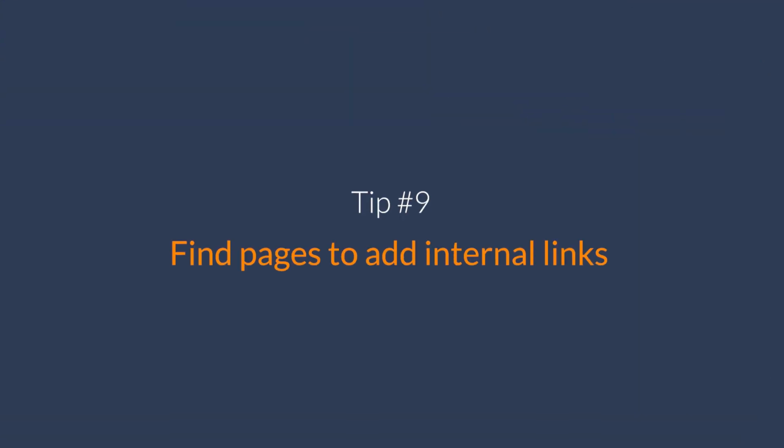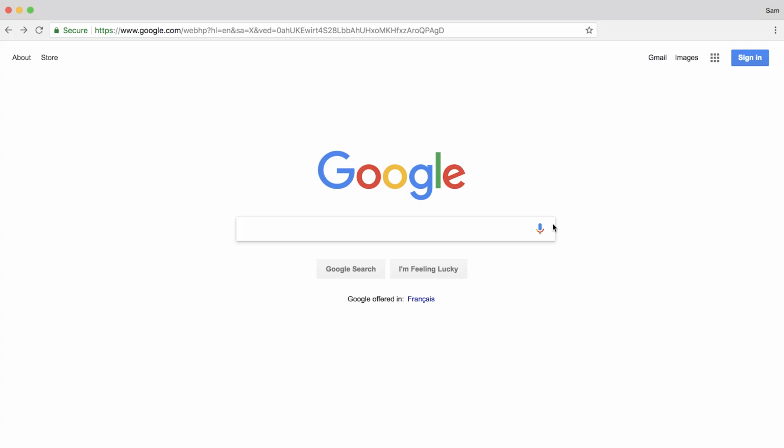This final query is an easy one, but it's super useful. This search query helps you find opportunities to add internal links. Now, adding internal links from powerful pages on your site or pages that are already getting traffic can help decrease your bounce rate and give you a nice rankings boost. So let's say that we want to pass some link equity from some of our other pages to our SEO tips article. We can type in